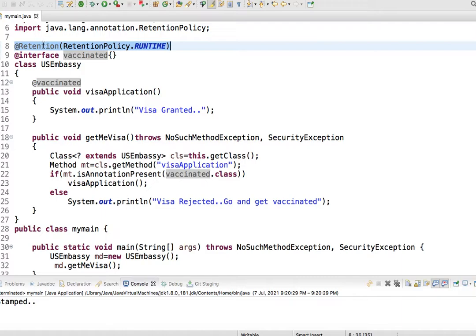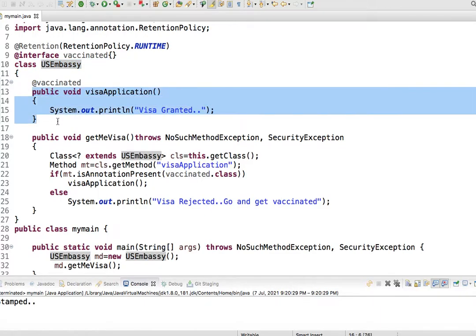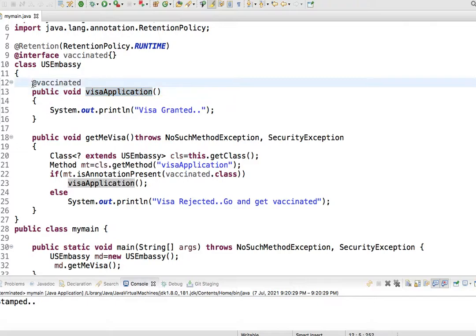So that's how I have created a retention policy and supplied it to the Vaccinated marker annotation I am going to use. Here I have created a class. I have named it USEmbassy, and inside it I have this simple method visaApplication. This visaApplication is now marked with the marker annotation @Vaccinated, which I have created prior to it.